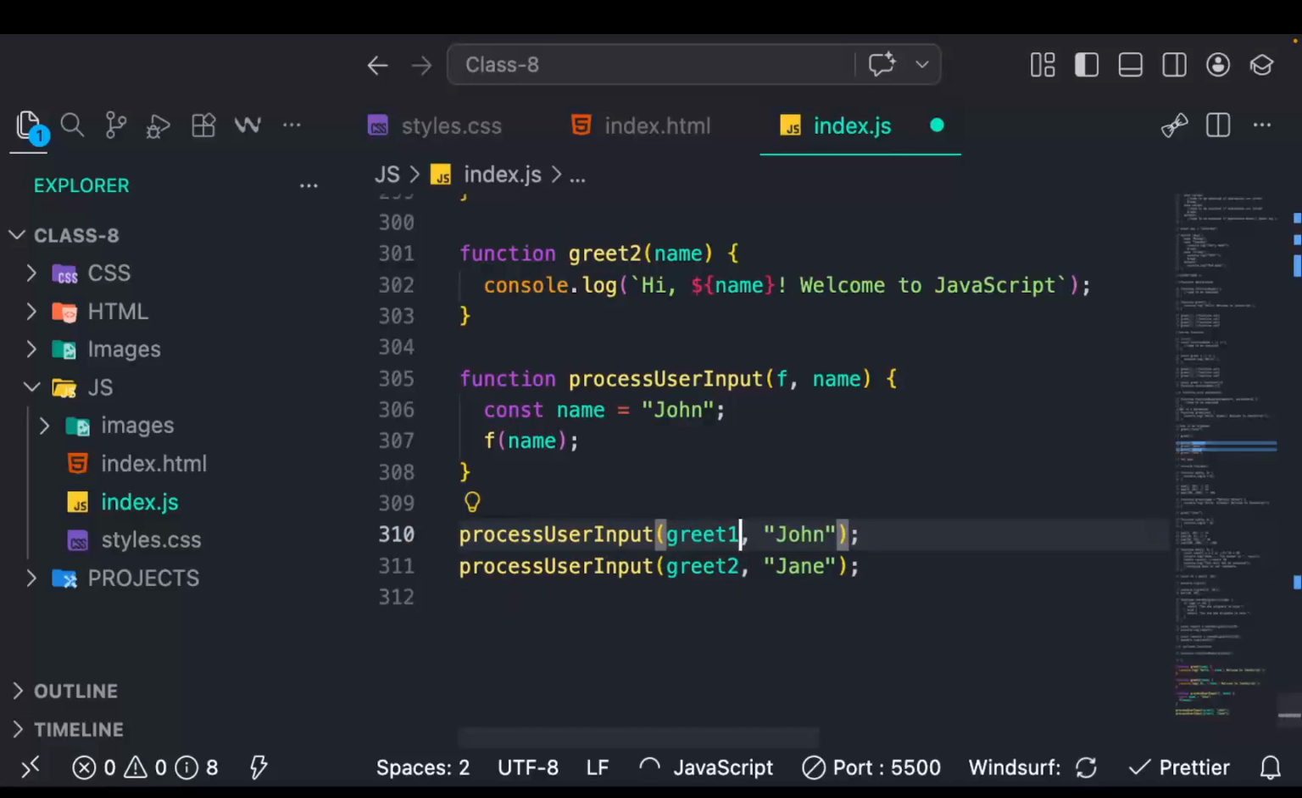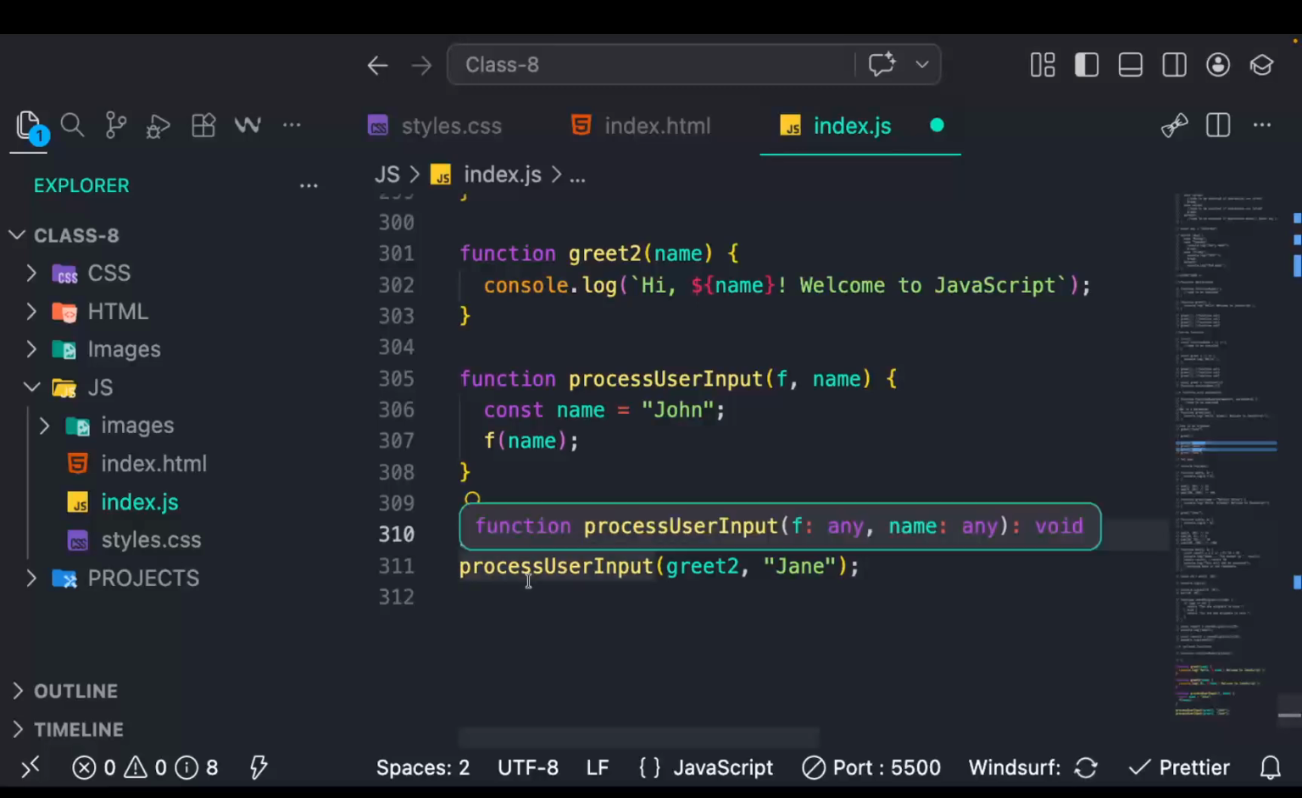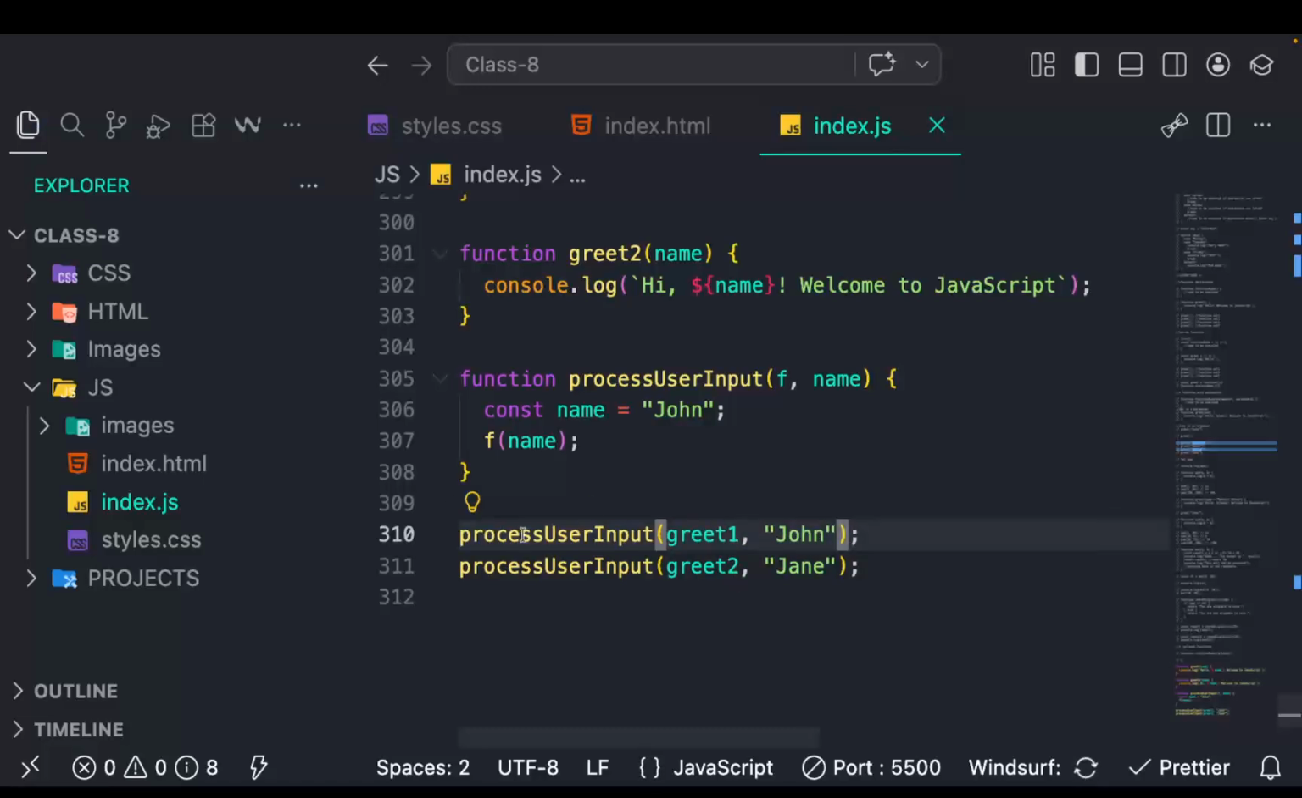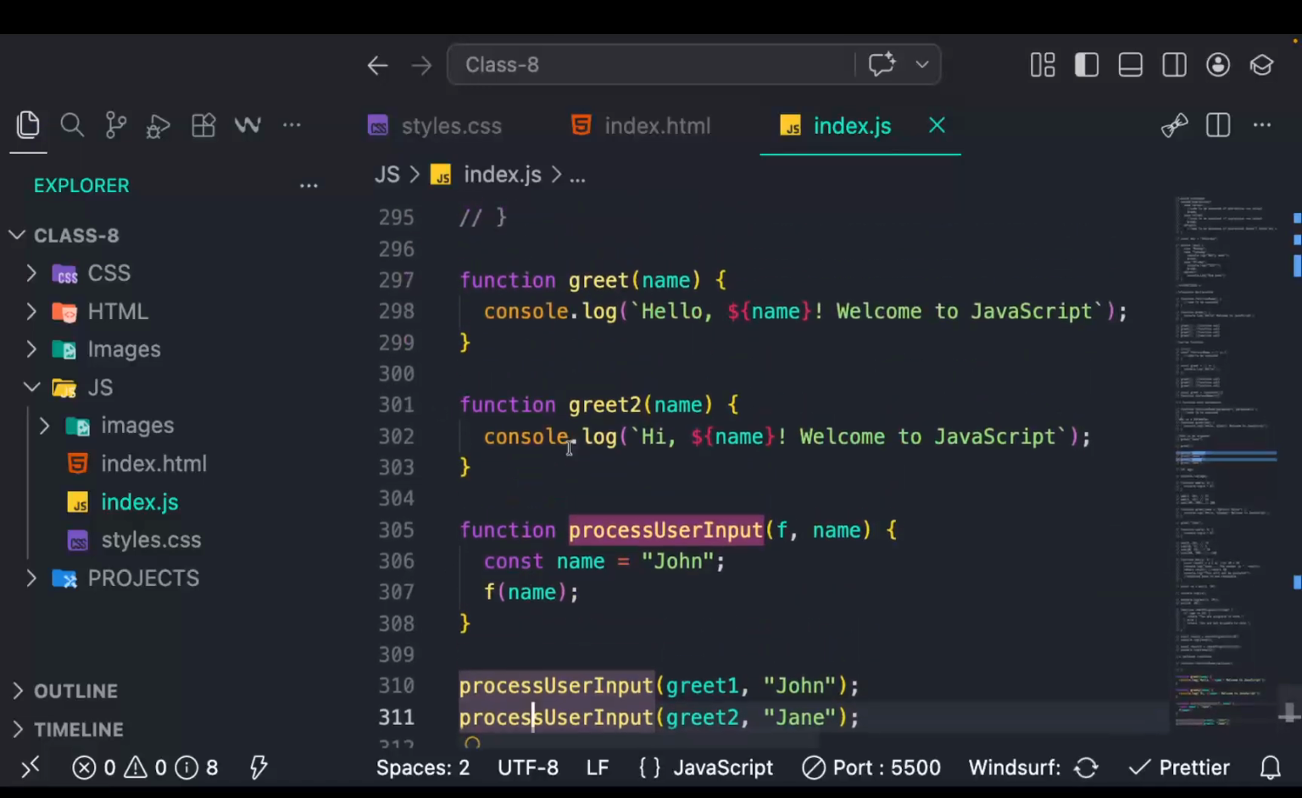No, this is what I want. So when we are greeting John, we are using grade 1 to greet John. Then when it is for Jane, we are using grade 2. So now once you save it, even though it's the same function we are calling,